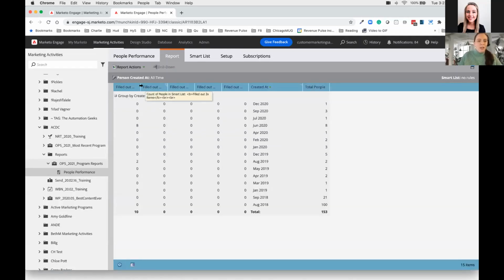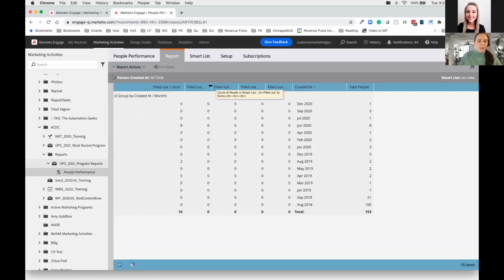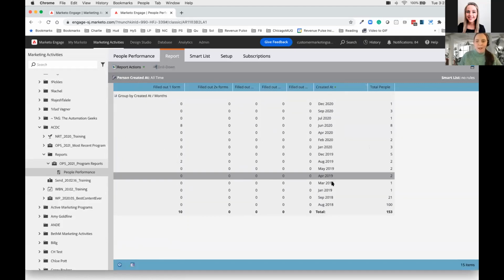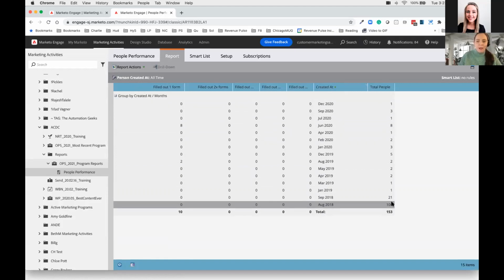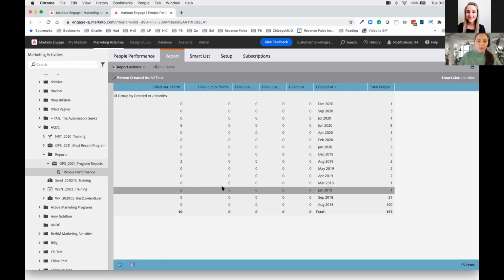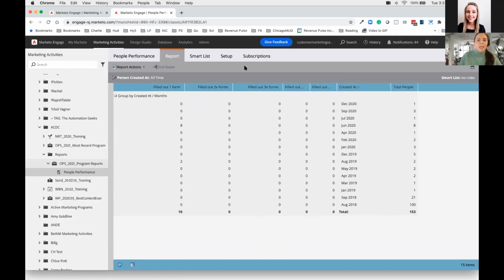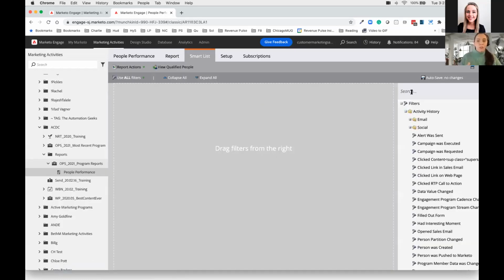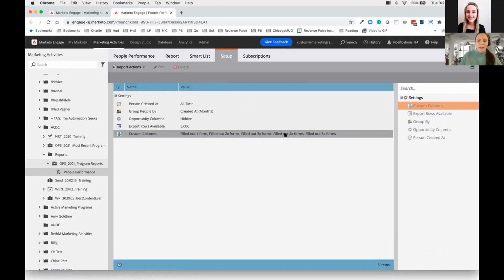So from here, we're actually able to see, based on our subsets, how many forms have been filled out by the people that are in the database based on when they were created here. So this is kind of the quick down and dirty way to understand how many form fills you've had total based on leads. And then you can, in your smart list, narrow this down to a specific set of forms or just like a demo form, for example. You can parse this out to a particular tactic that you're working on, a whole variety of things. So there's a lot of ways to then narrow this data down again.